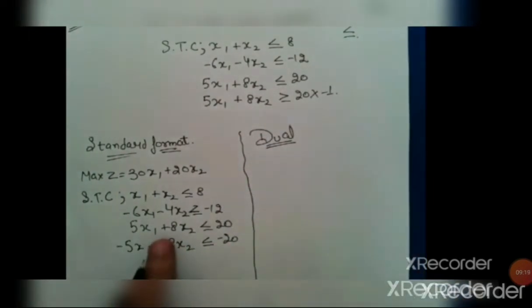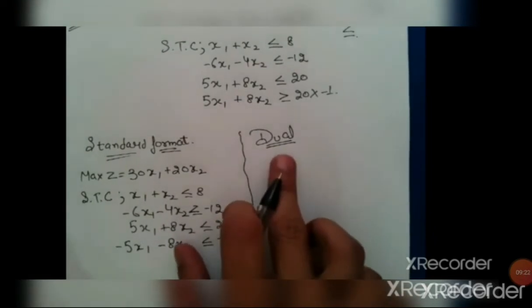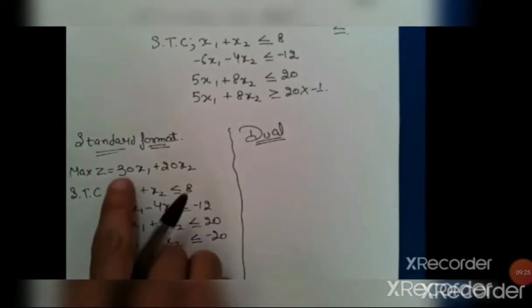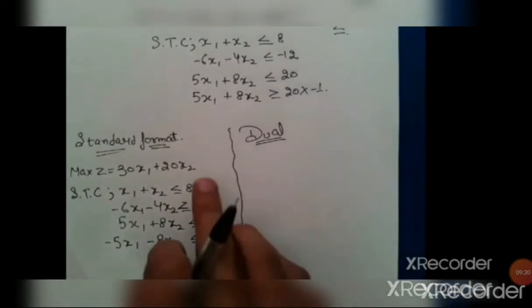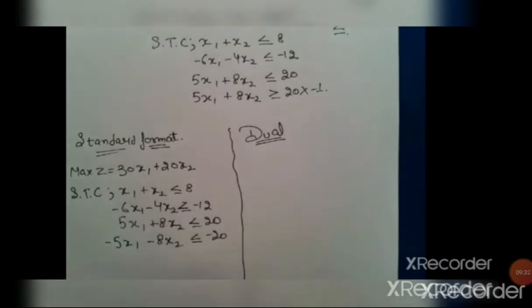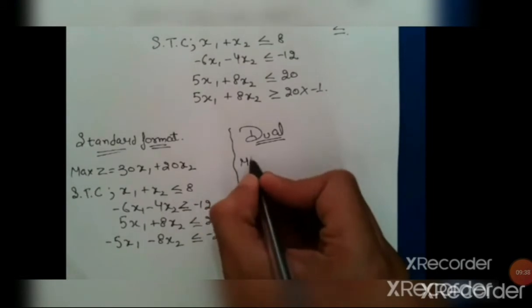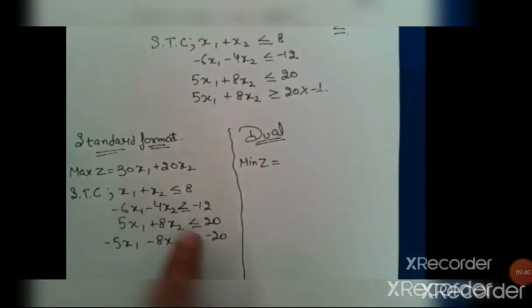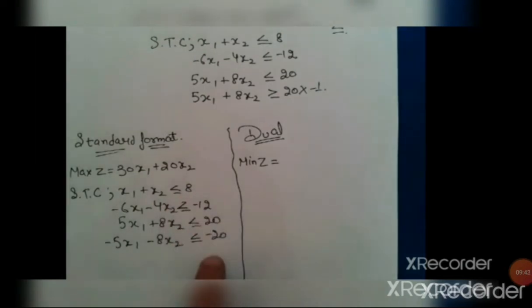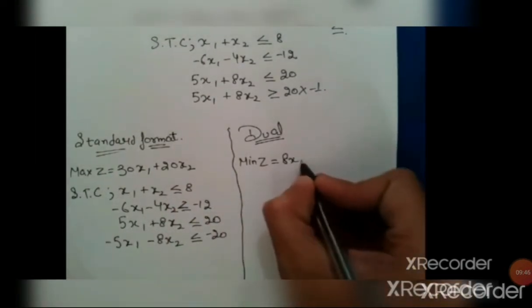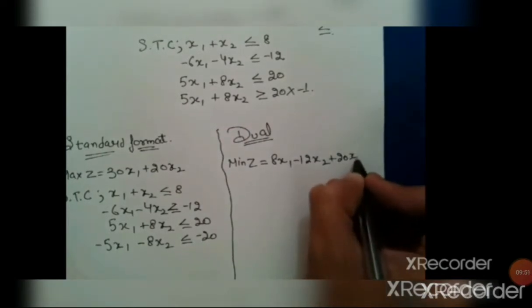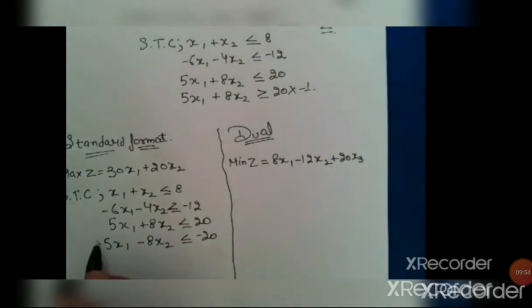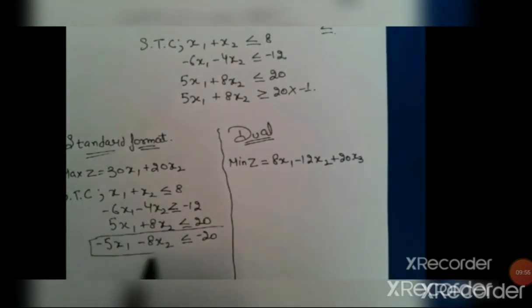Now what is a dual? How to prepare a dual? So for the dual, you make the maximize equation into a minimize equation, using the right hand side of the constraints. If it is maximize, if you want to increase the profit, you can reduce the losses. So the dual is a minimize. If the first problem maximizes the profit, the second problem minimizes the losses. So minimize, and you write down the right hand side.